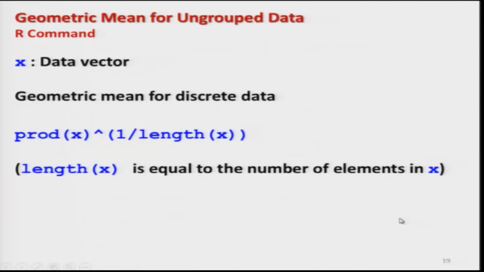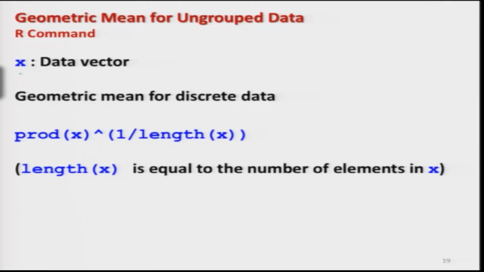So, now in case you want to find out the geometric mean in the R software, once again there is no direct command, but writing down this command is very simple. If you remember, in the initial lectures we have discussed different types of built-in functions, and using those built-in functions we can create the command for the geometric mean. So, I have created this command here, but there are different ways to construct it.